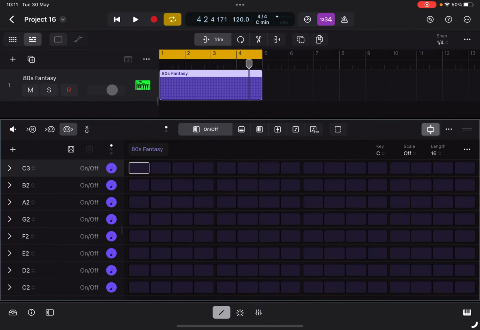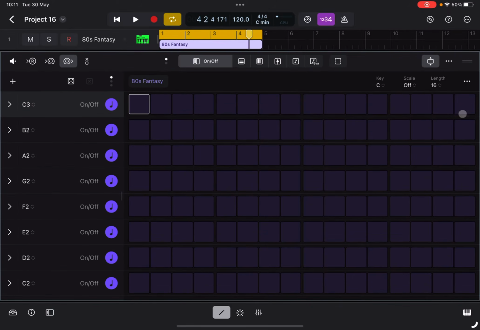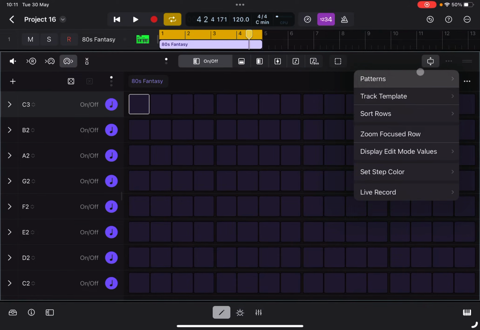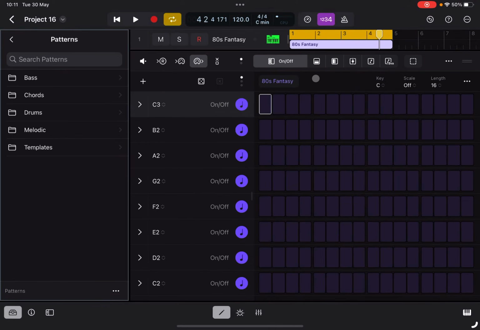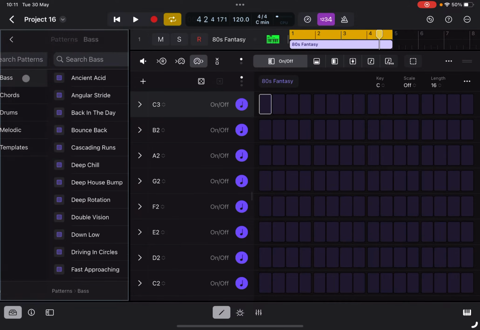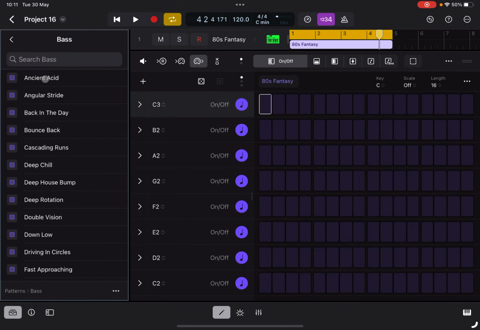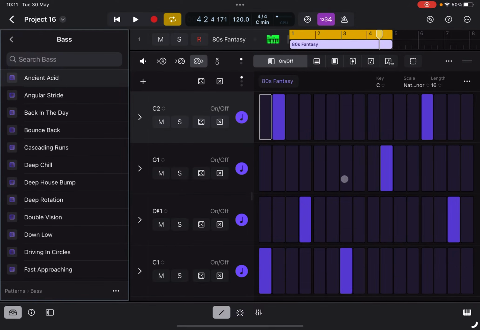If I now make this bigger again, stretch it out. If I click these three white dots next to the stretch button, you've got all these different options in here, but the main one to really look at is the patterns. If I go to show patterns, it's going to bring up bass, chords, drums, melodic and templates. So let's say for example I clicked bass, I just went to ancient acid, it's going to now create a preset for me,